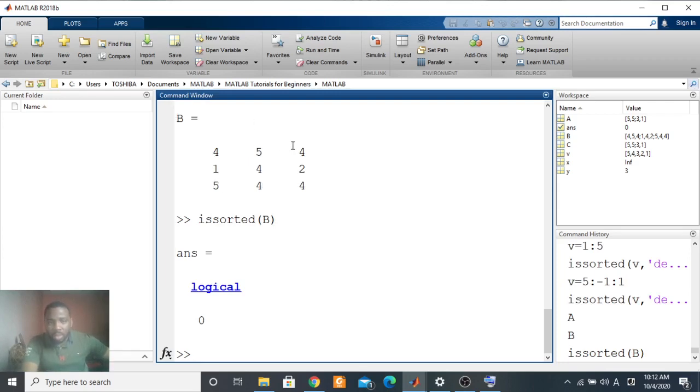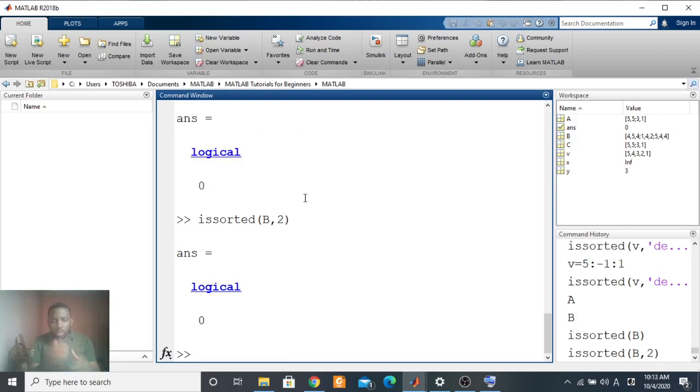Column 2, is it sorted? Column 3, is it sorted? In ascending order by default. Then it gives me the final result of whether each column is sorted. If you want to know whether the rows are sorted, you have to put comma 2 for the next dimension. You can look at the previous video on sum to understand this better, or you can go to the help function to see how all of this works.